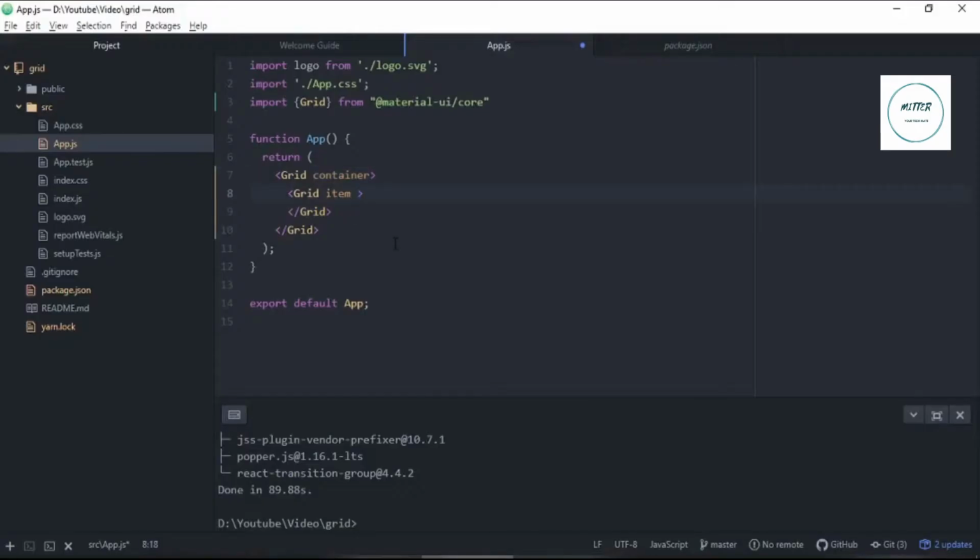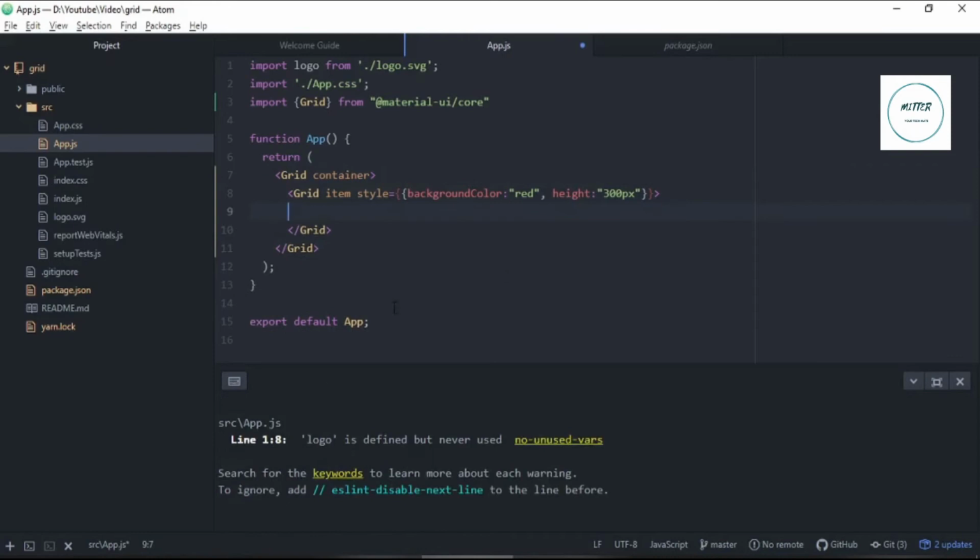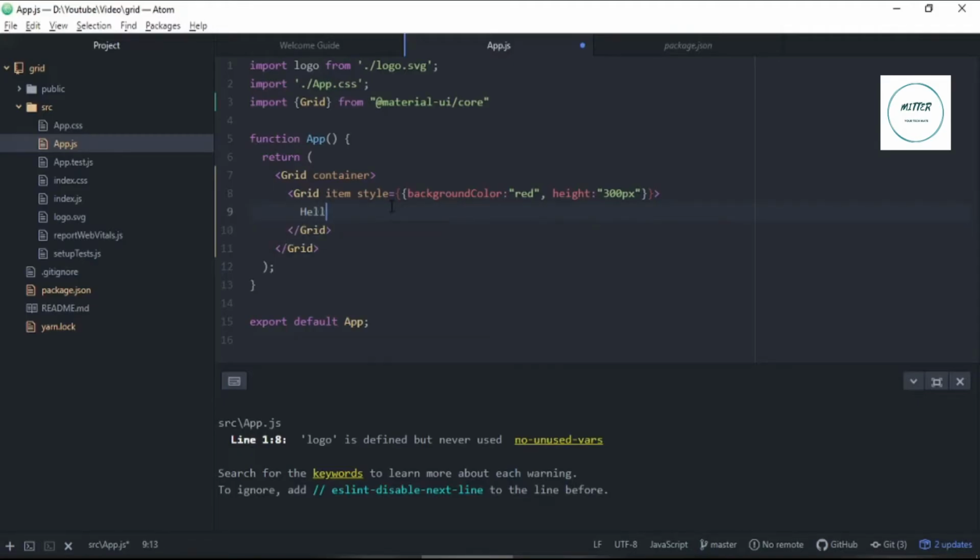So what I'll do is I'll give some CSS to this item. I'll say the background color just to see how it looks there. So I'll give some background color as red, and I need to give some height here, 300 pixels, let's say. Okay, so let me save this. Okay, so now it's been saved, and if I go here, I see nothing right now. So what I'll do is let me just put some text here first. Let's see if this text I can see over there.